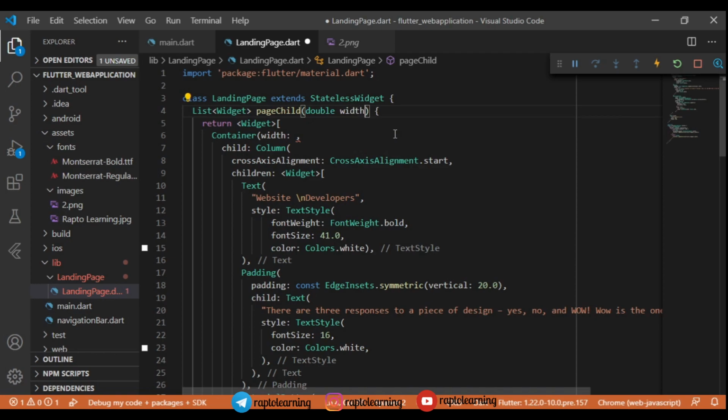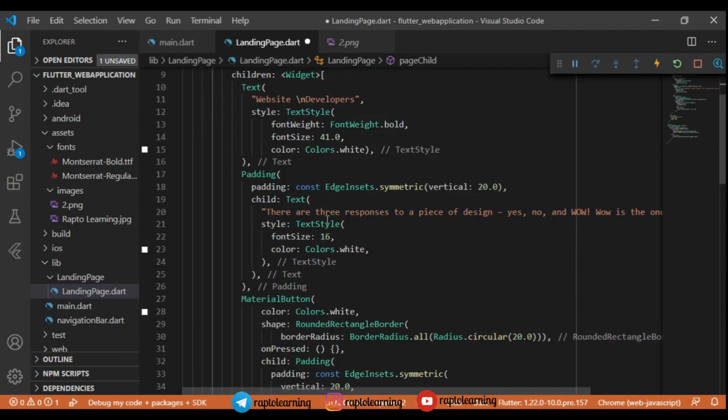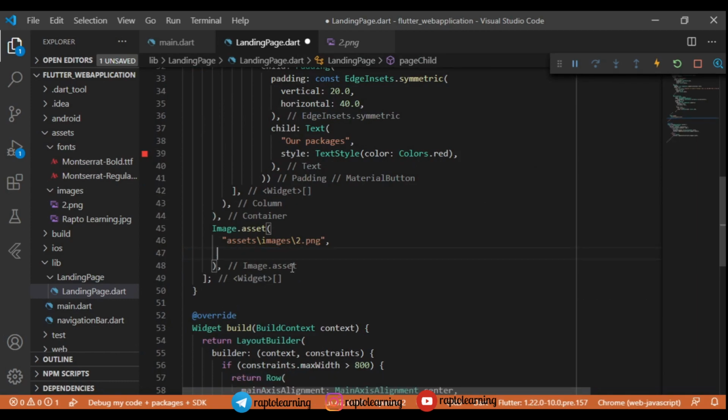So let's pass the width here. We will create a variable of type double that will pass width, and we will assign this width to the container as well as our image. So let's add our width to this. The width is a variable, right, in Dart. So let's add the same width to the AssetImage also.